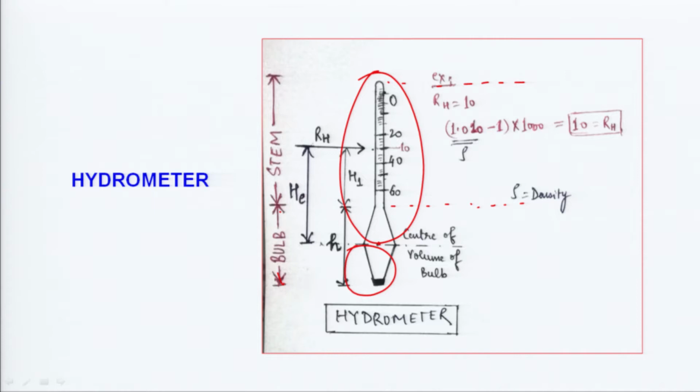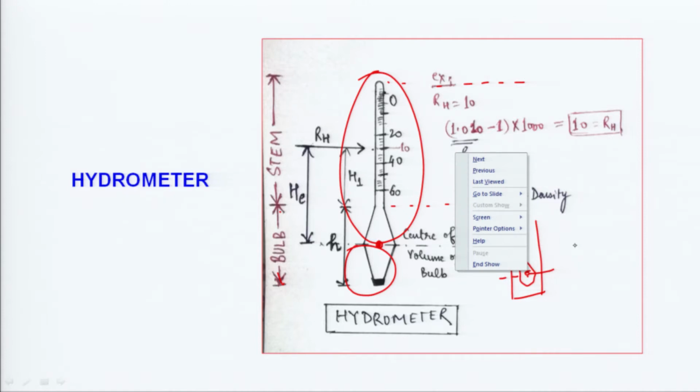So this volume is, let us say, V by 2, and the entire volume is V. So the major portion is concentrated in the bottom. When we insert this hydrometer in the soil suspension, what happens? Where is the center, this center of the bulb? When we drop it in a liquid, if we take it as a liquid, the air part will come out, and wheresoever the center stops, at that very point, we will be measuring the density of the soil suspension.